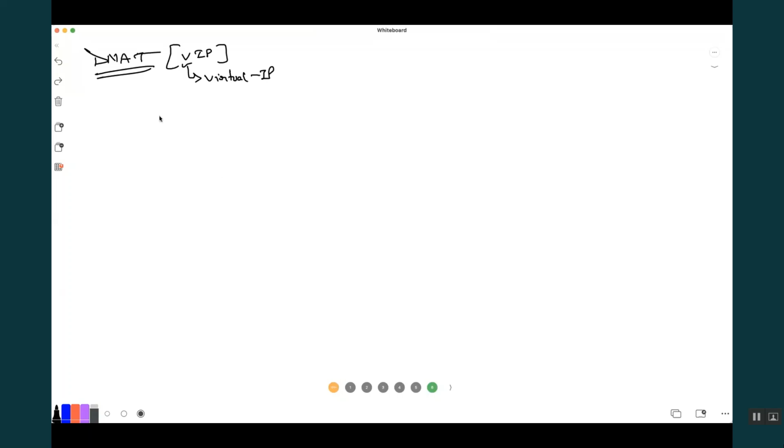Now the first question is, when will I need a DNAT? How would I know that I have to implement a DNAT? What is the challenge? First of all, let us understand the challenge, then only we will come to a solution. So the setup is this way.